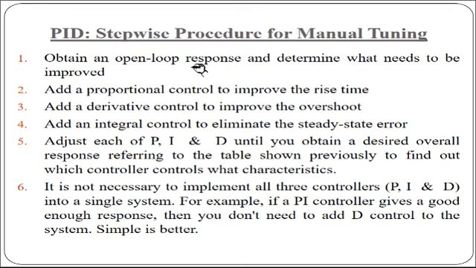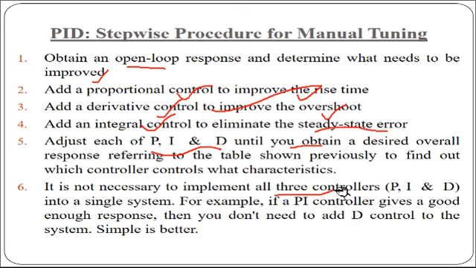If we consider the PID stepwise procedure for manual tuning, you can come to know it with these 6 steps: obtain an open loop response and determine what needs to be improved. Then add the proportional controller to decrease the rise time, add the derivative controller to improve the overshoot, then the integral controller to eliminate the steady state error, and adjust the PID until you obtain the desired overall response, referring to the table shown previously to find out which controller controls what characteristic. It is not necessary to implement all 3 controllers